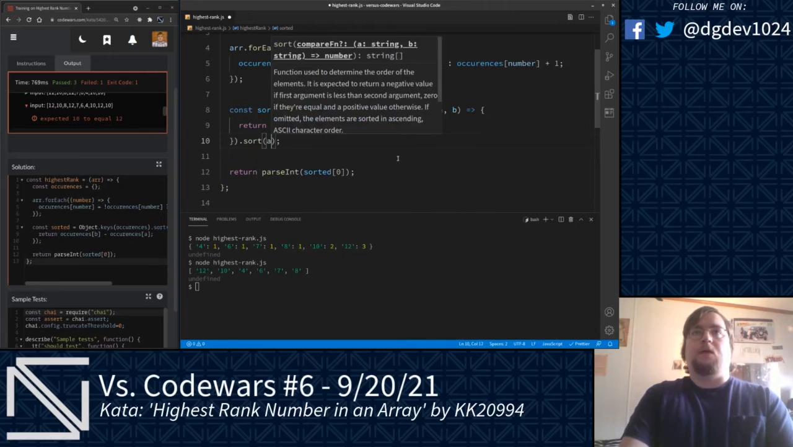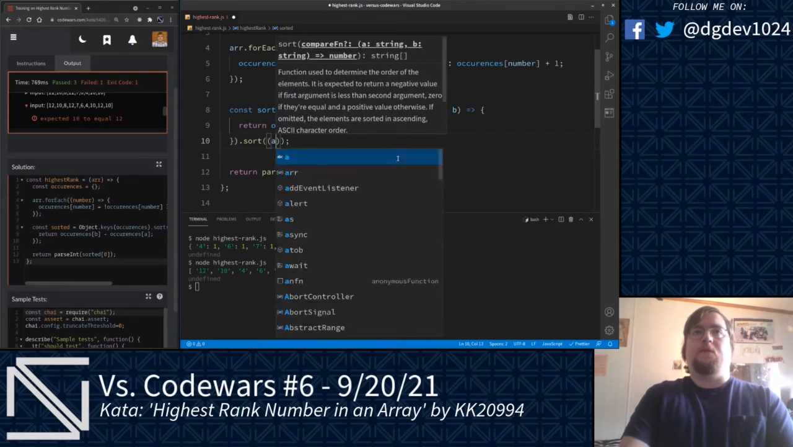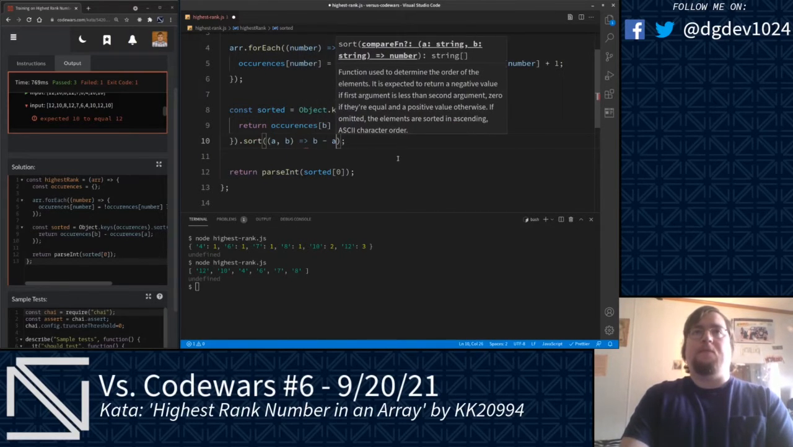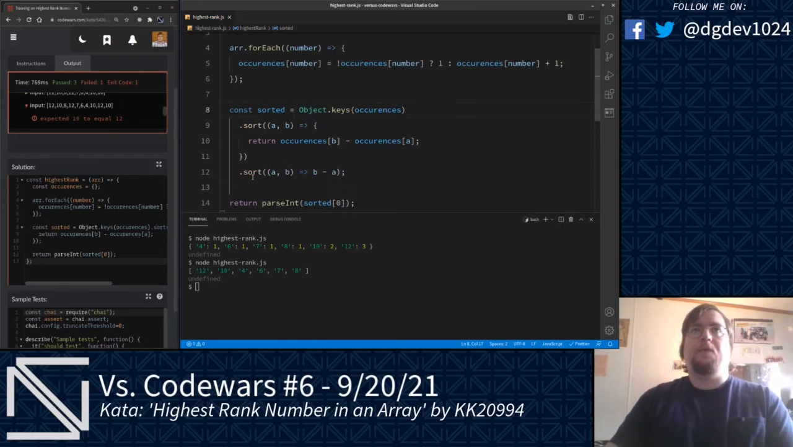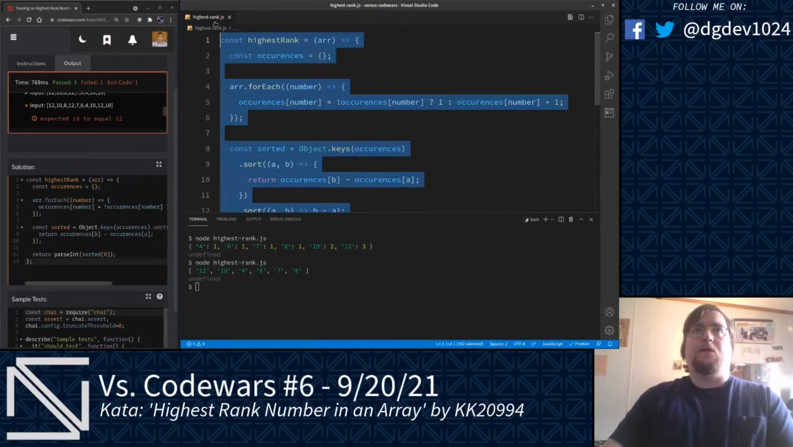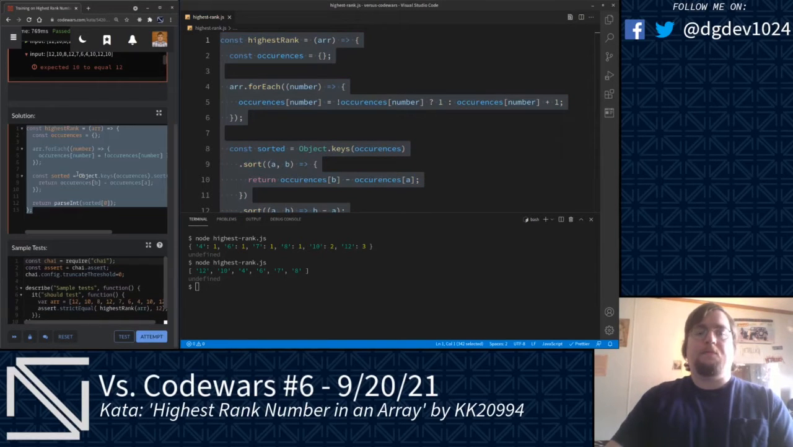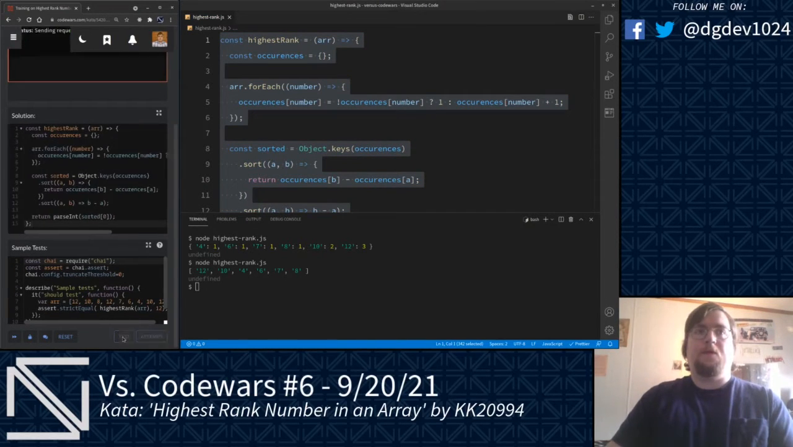Sort, once again, A, B. We're going to pass in B minus A. We'll feed this into Codewars and see what that looks like. Try submitting it. And